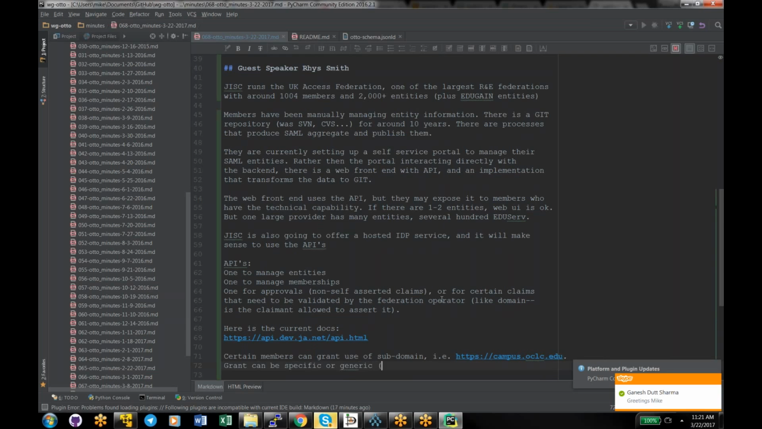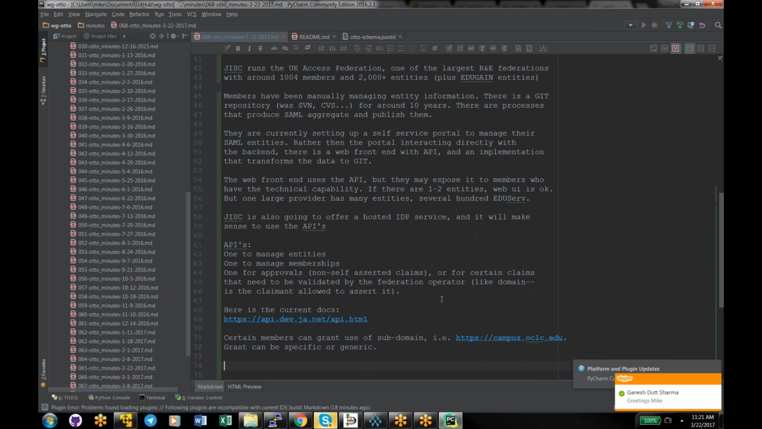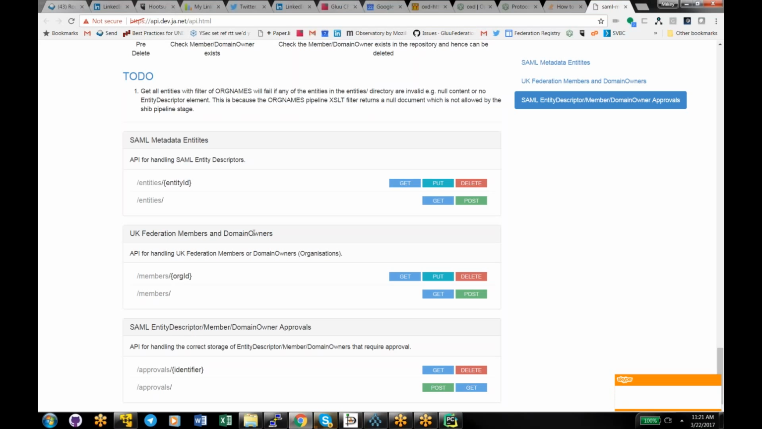So there aren't that many of those. It's mostly very specific grants for obvious reasons. But there are some. And so you built your system around these APIs,